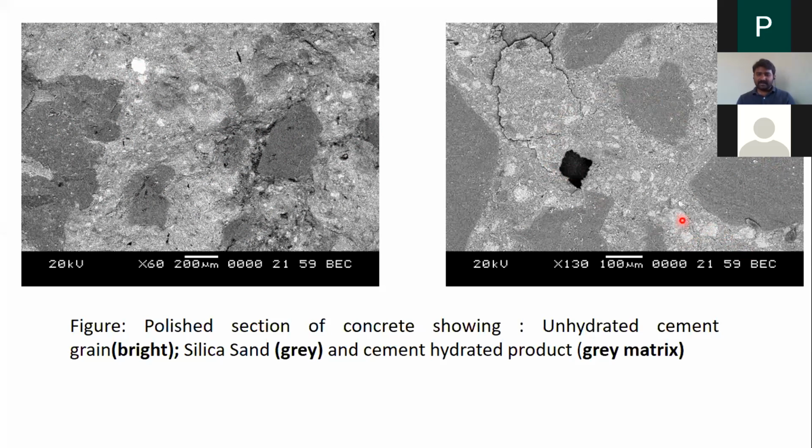These brightest parts are unreacted cement. The less bright parts can be calcium hydroxide. And how do you identify that? With image analysis, you can easily classify. With our bare eyes, you can make the distinction between calcium hydroxide and calcium silicate hydrate. If you want to identify the difference between calcium hydroxide and unreacted cement, then you have to go for some